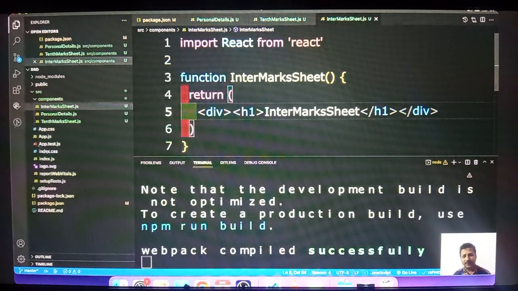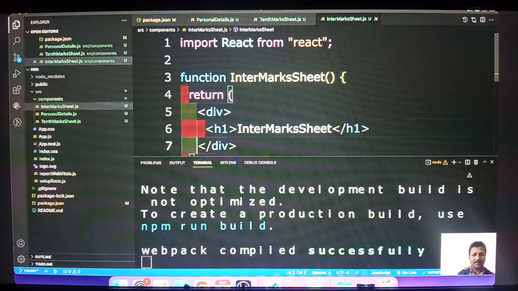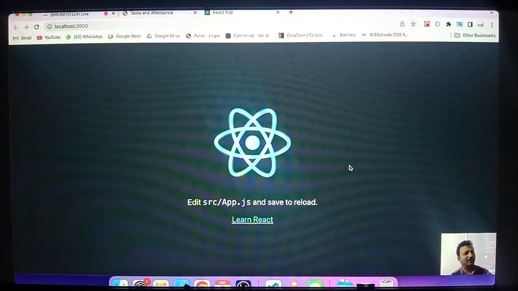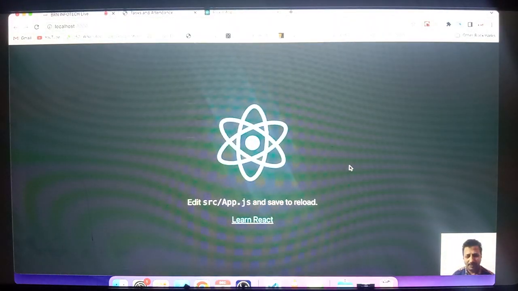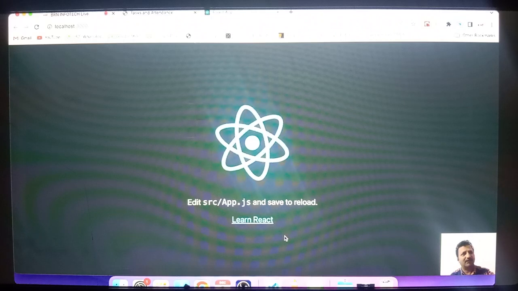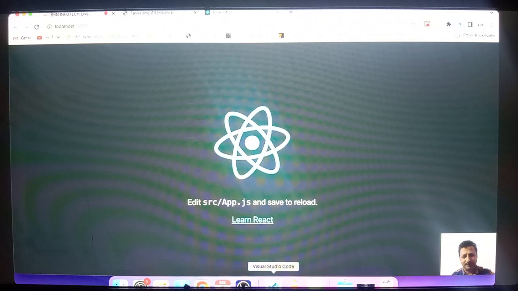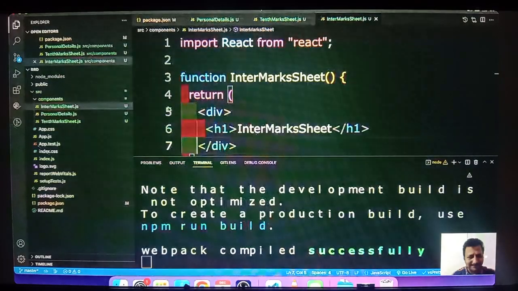Its components I have created. 10th, inter, and personal details. BTech I want, if I want, I can create that also. Right? Now I have seen here, it's a normal, simple page. Now components are ready. Now I want it to display on click of it. So what I will do, I'll just